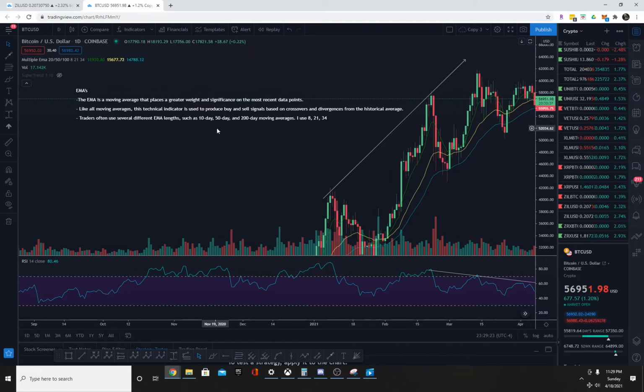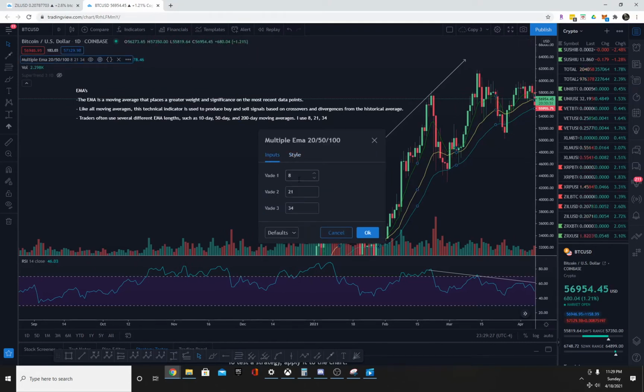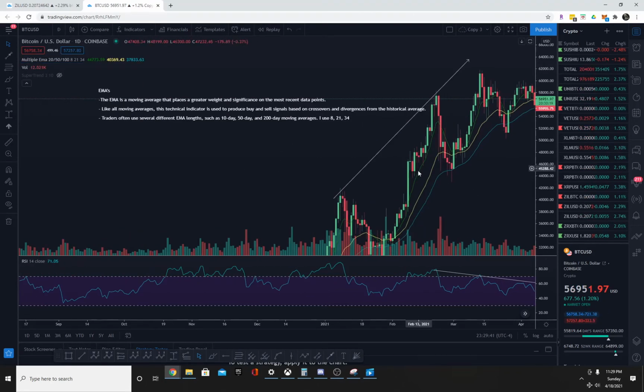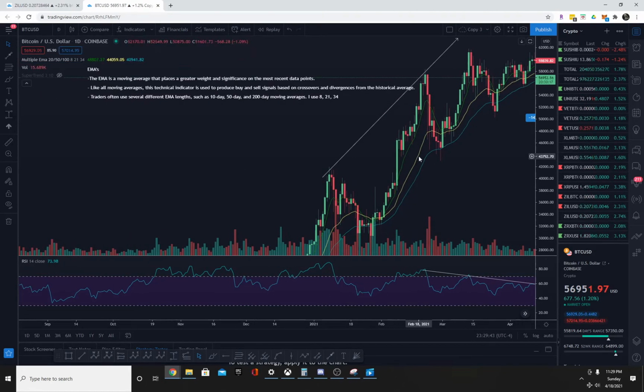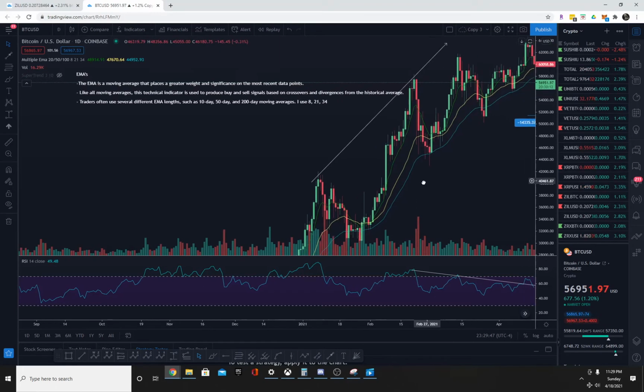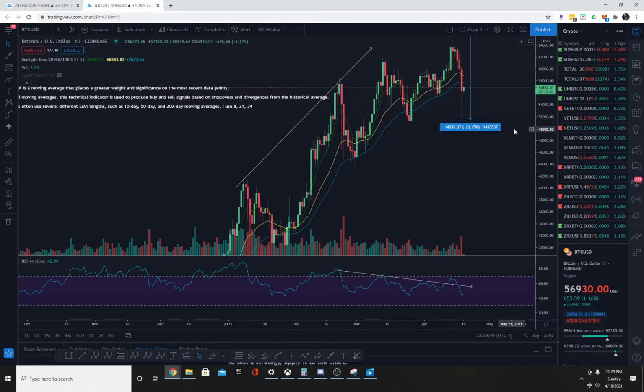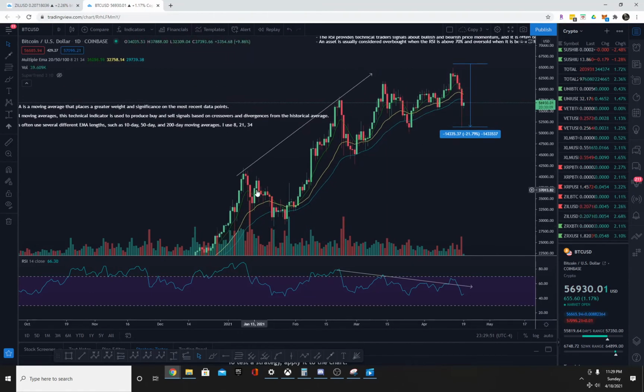So right now I'm using the 8, 21, and 34 EMA. For the 8 EMA, it's taking the price data points for the past 8 days, and it comes up with this green line. And then the same thing for the 21 and 34. And how I basically use it is that price usually